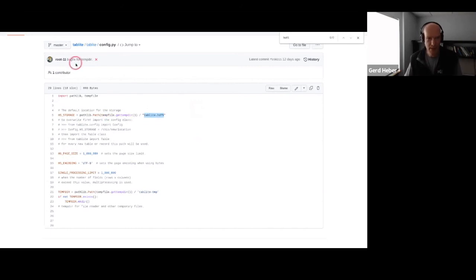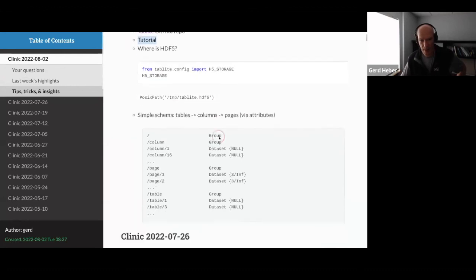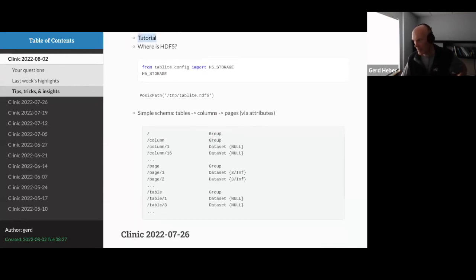And that's where it was indeed located. So when I looked around on my machine for that file, I found it. So I just printed the output here. If you do a from tablite config import h5 storage and print it, it returns POSIX path /temp/tablite.hdf5. And then I ran just h5ls on it.